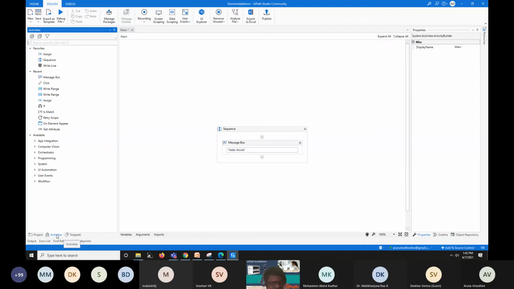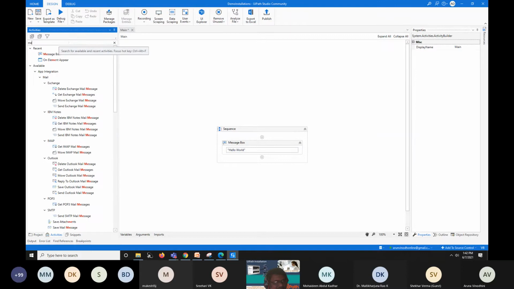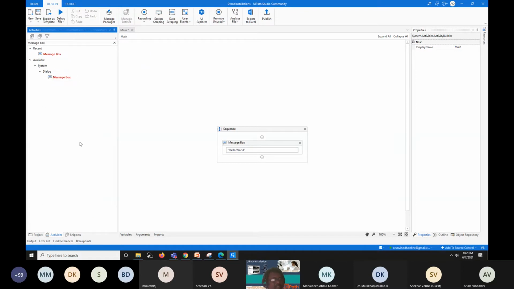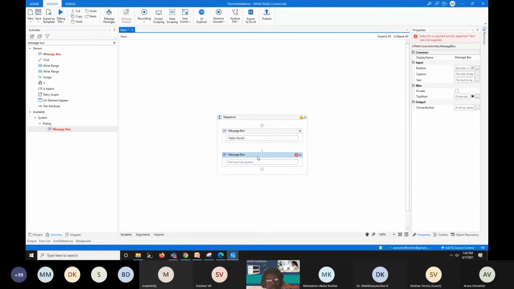In that, I clicked the activities pane, selected this search box, and typed message box. Now I can see an activity called Message Box. I simply dragged and dropped it.